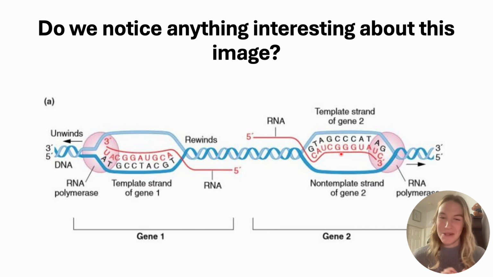So how is this possible? Well, it turns out RNA polymerase can just flip. It can just turn around. And then it'll synthesize in the direction it wants to synthesize. And so what does that mean? That means that half of my genome is not just wasted. The top strand can be coding for one gene, and the bottom strand can be coding for a different gene. And so it really is gene dependent, and you're going to have to look at the image and really understand which way RNA polymerase is moving based off of the polarity of that strand.